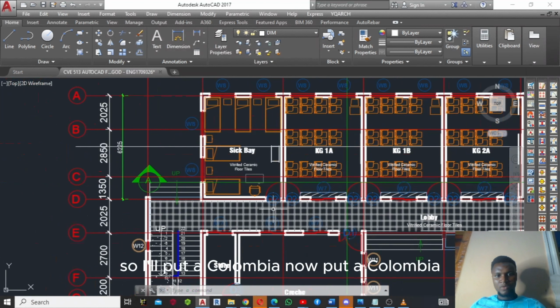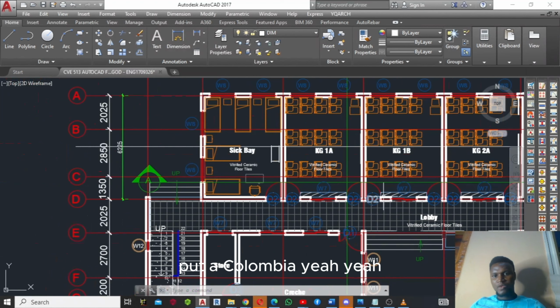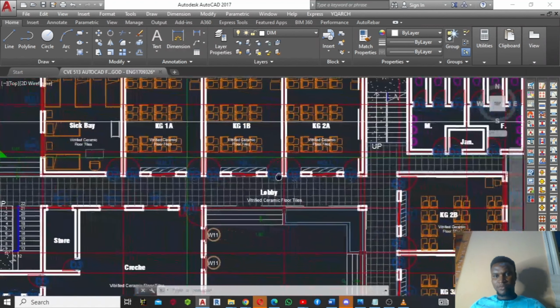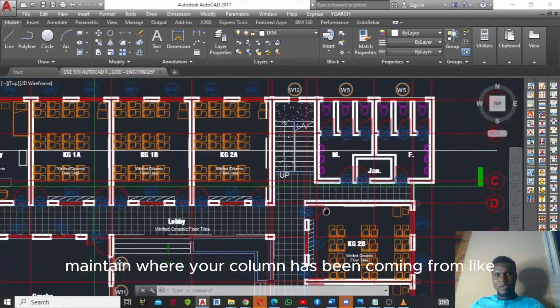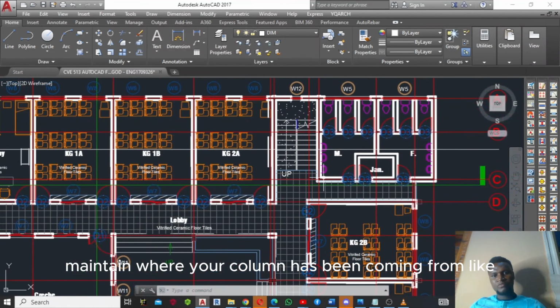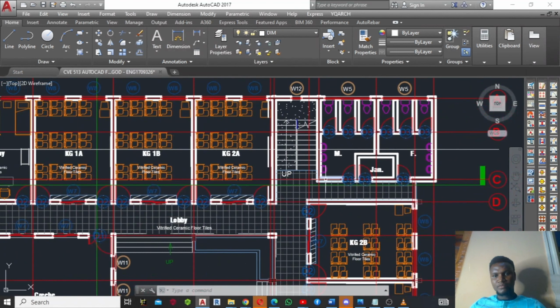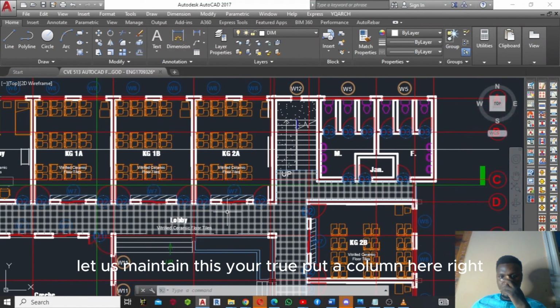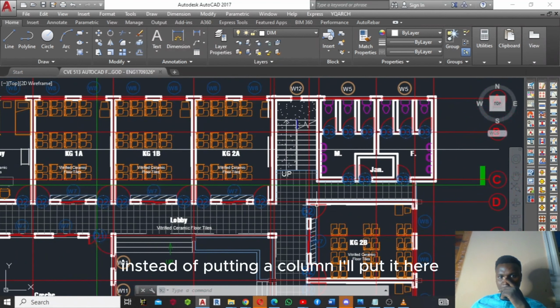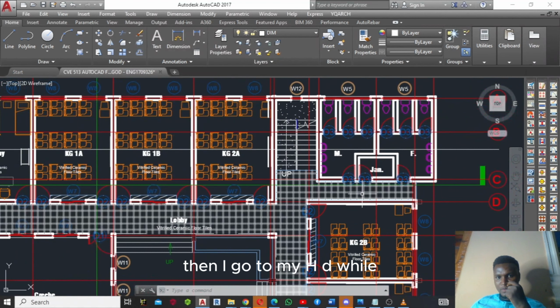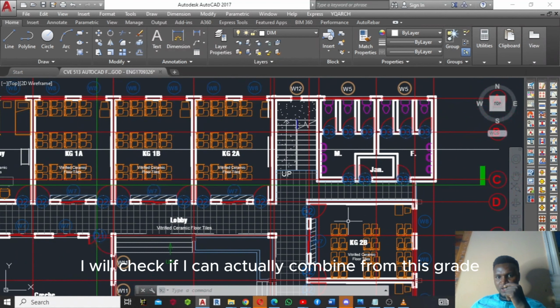Put a column here. Put a column here. Staircase may be put there. Just maintain where your column has been coming from. Okay, I think there is another. Okay, let's just maintain this. Put a column here, right? Instead of putting a column, I'll put it here. Then I'll go to my point D. Well, I will check